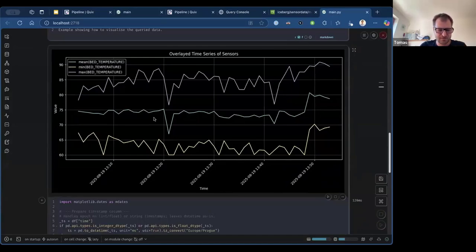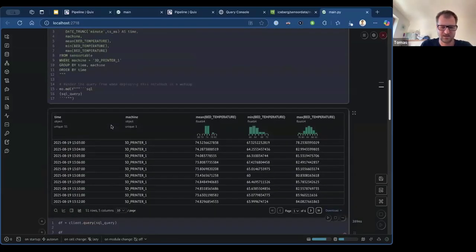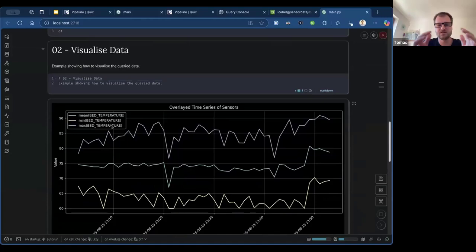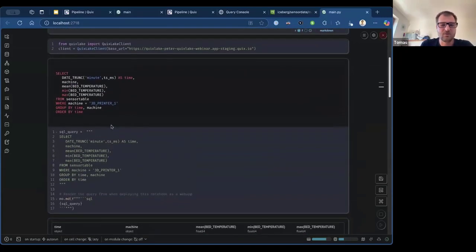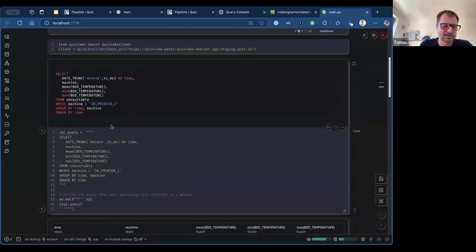The max is above, the min is below. So you can see that over the last, yeah, you see the timestamps. There's not much in this yet, but over the course of this time, the temperature fluctuates between 65 and 85 roughly. And now what you can do is just push this Marimo file, which I'm gonna do right now,